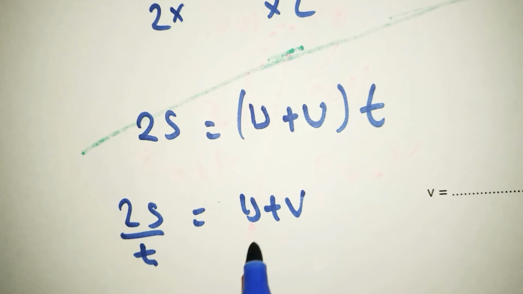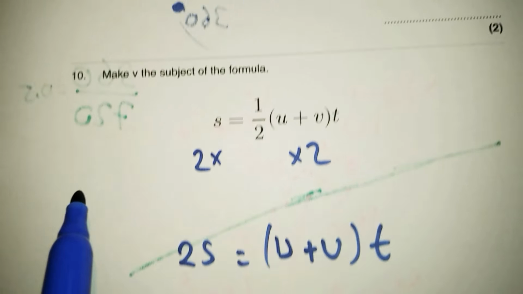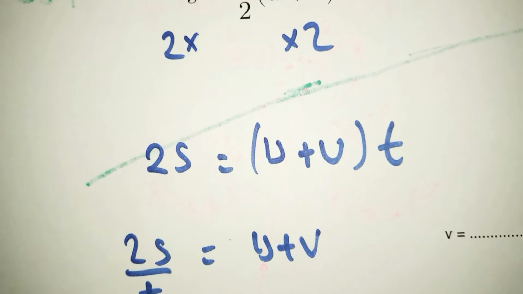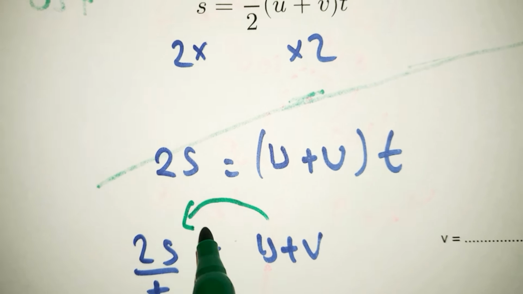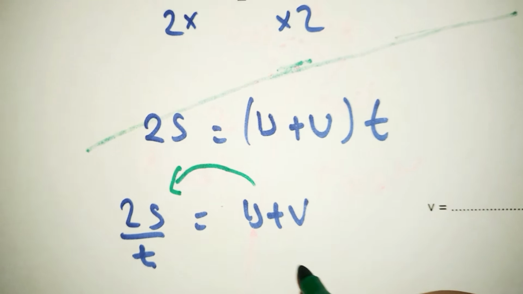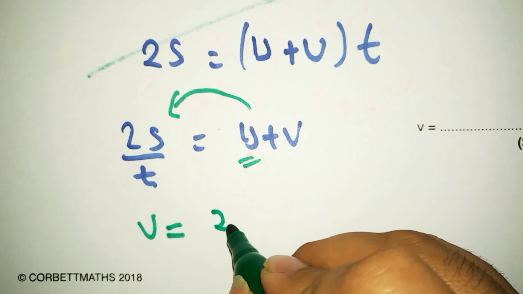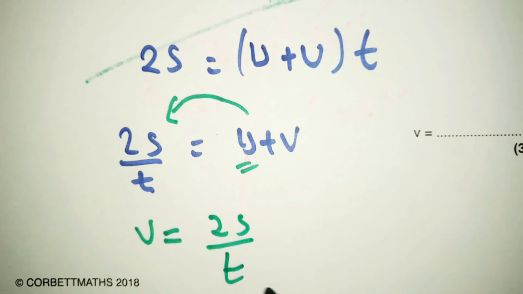If they add, you need to take away. I need to find my v. So anything else should go to the other side of the equation. I'm going to send the u the other way, and it will be v equals 2s divided by t, and then minus